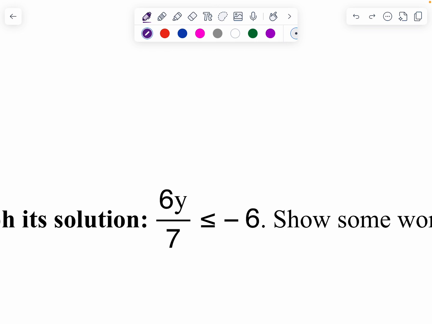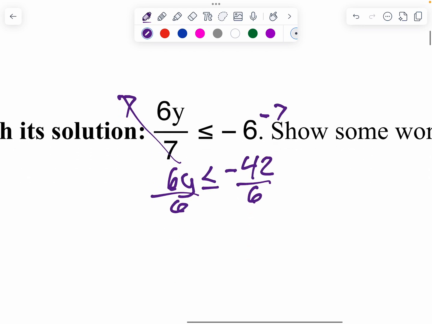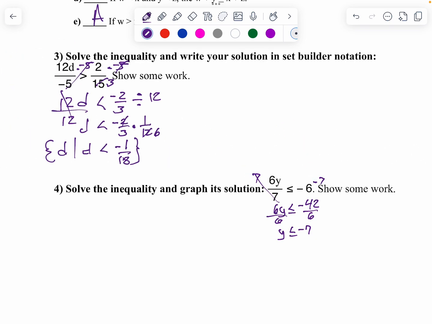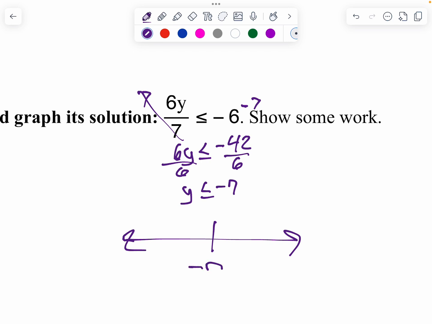Now, on our next one, the first thing you want to do is multiply by 7 so you don't have a fraction. 6y is less than or equal to -42. We're going to divide by 6. Y is less than or equal to -7. This time, I want to graph it. So on my number line, -7, closed circle because we're including it, and we're going to shade less than